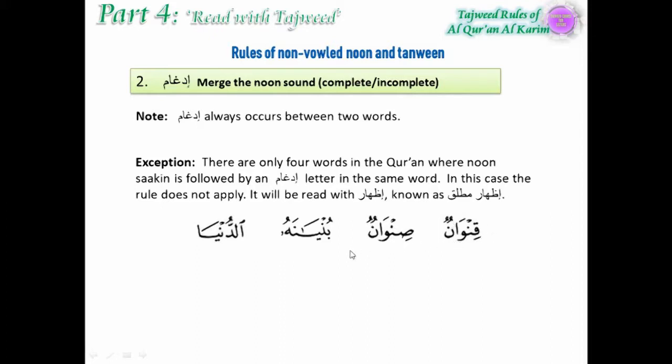So these are the only words in the Qur'an that are in the state of idgham. Here in waw here, qin, there's a noon sakin followed by waw, but we don't read it with idgham. We will read it clearly. So these words only occur as an exception of the rule of idgham. So we say qinwan, sinwan, bunyana,